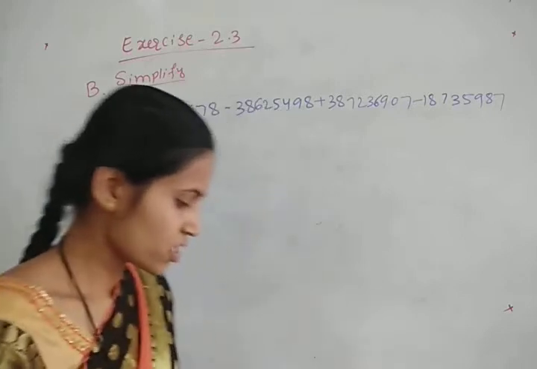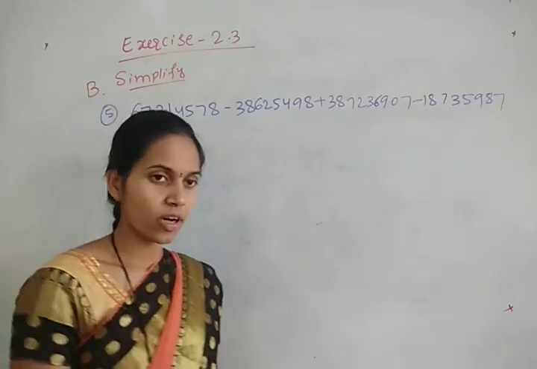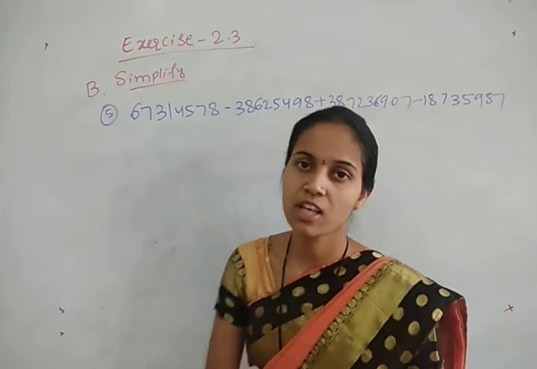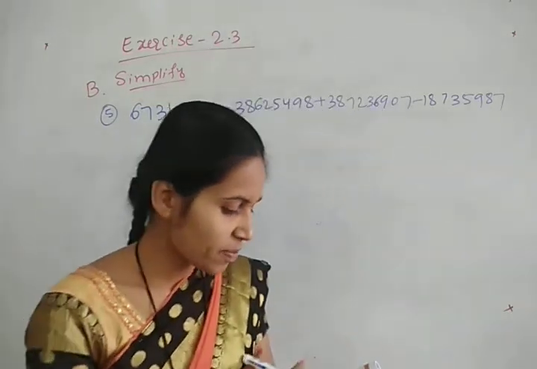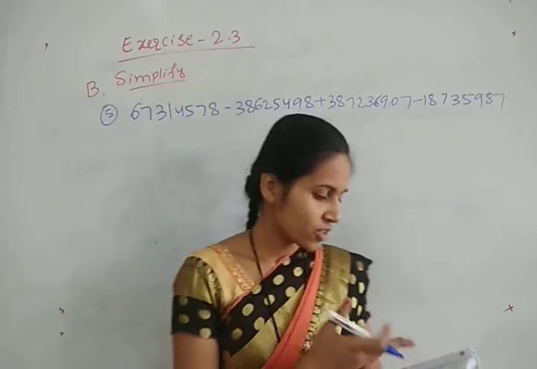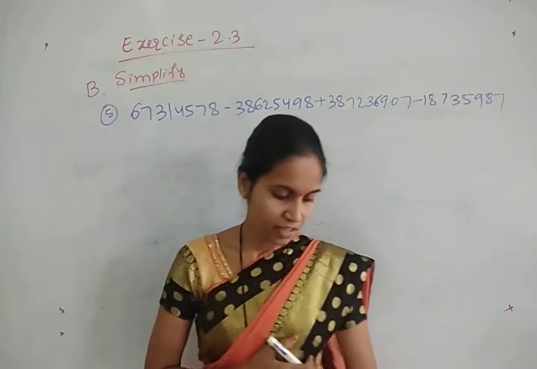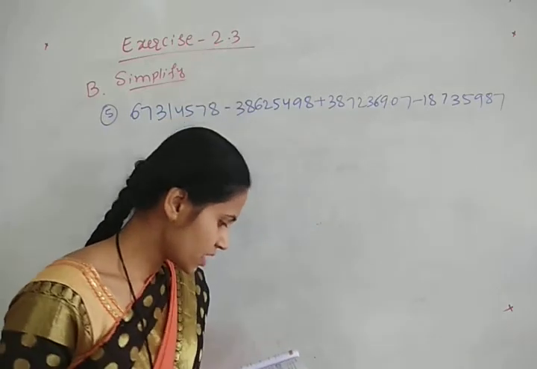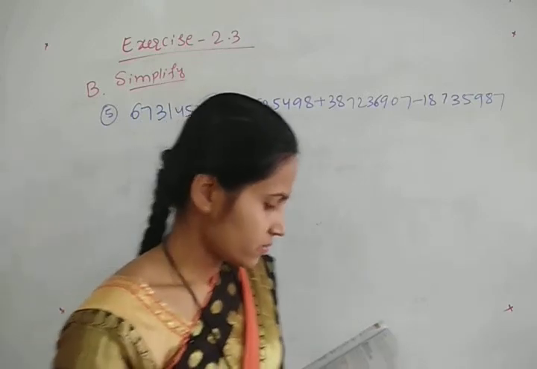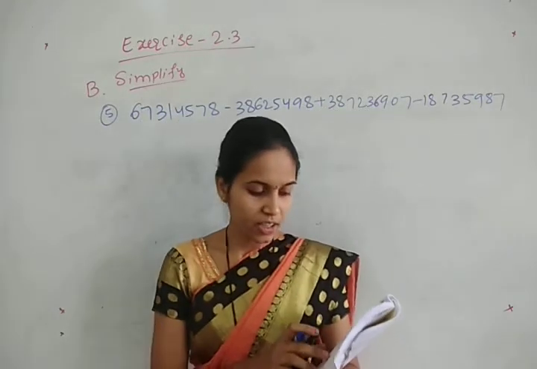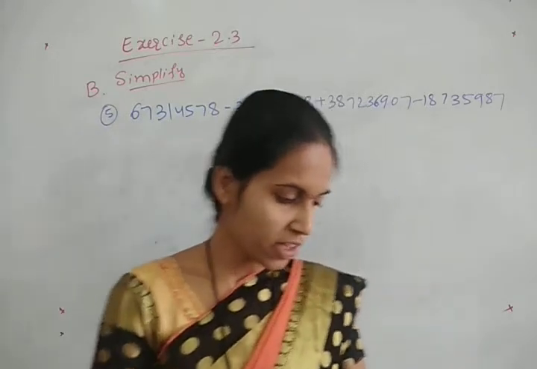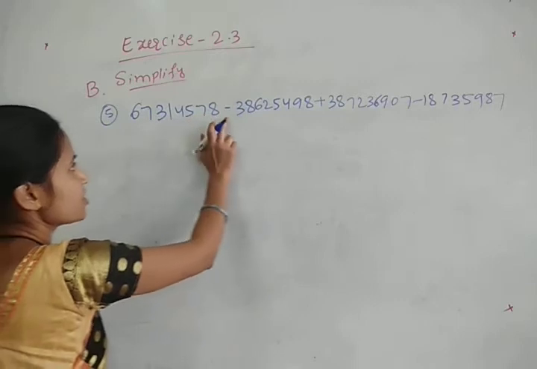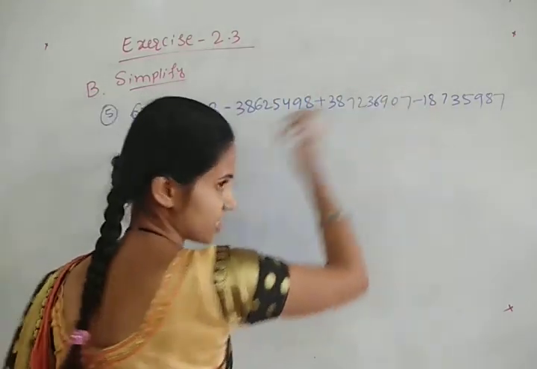Okay. So this is the problem which is having the 4 numbers and the 2 numbers are with plus symbol and the another 2 numbers are with the minus symbol. So this is same as the previous problem, means the third and fourth problem, it is same as that one. But here, what is the difference? Here, in the previous problem, in between the numbers are having minus symbol, but here alternatively we are having. In the first number is plus, next is minus, and next is plus, and next is minus. Like this we are having.